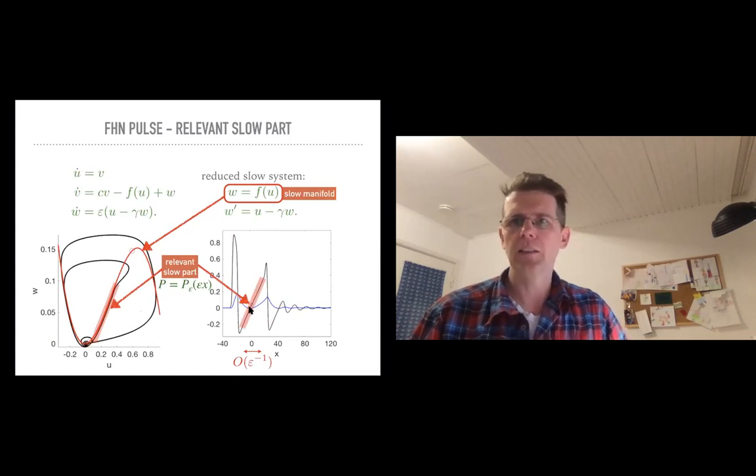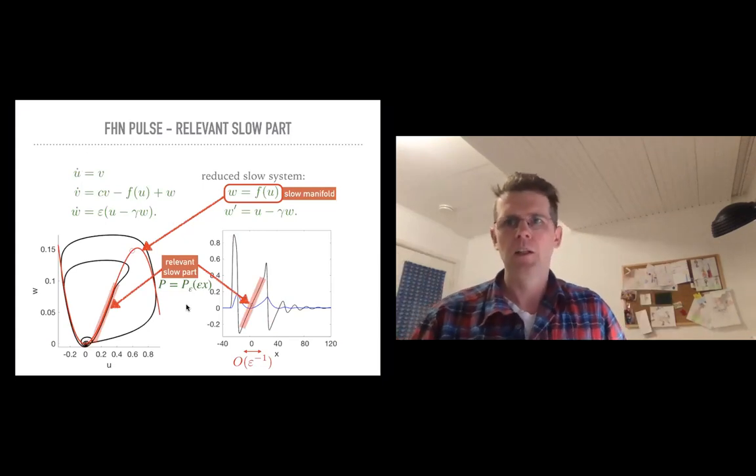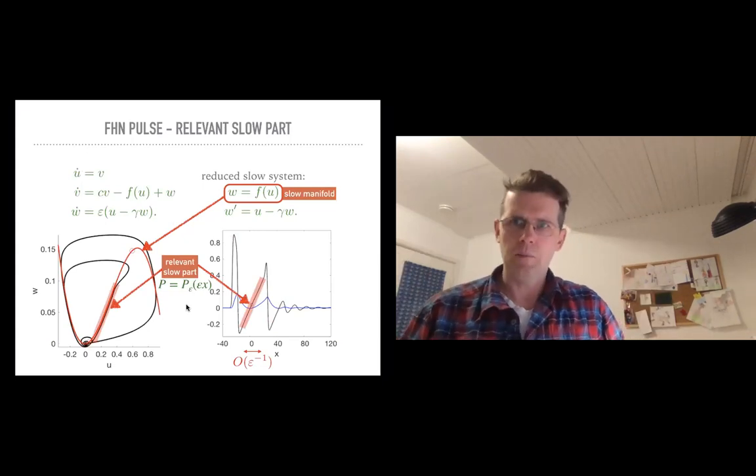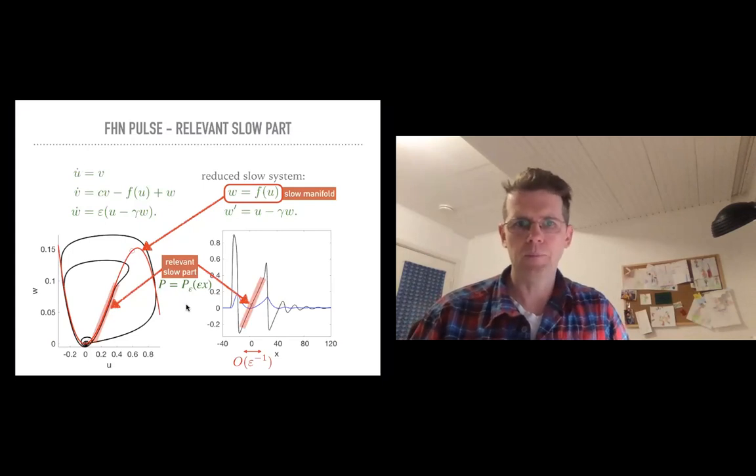And another reason is that this condition, which appeared on the most unstable part of the absolute spectrum, also rules out certain parts of this profile here. So we can focus on this here, which comes from the slow manifold. And let me guide you maybe through this picture, first of all.